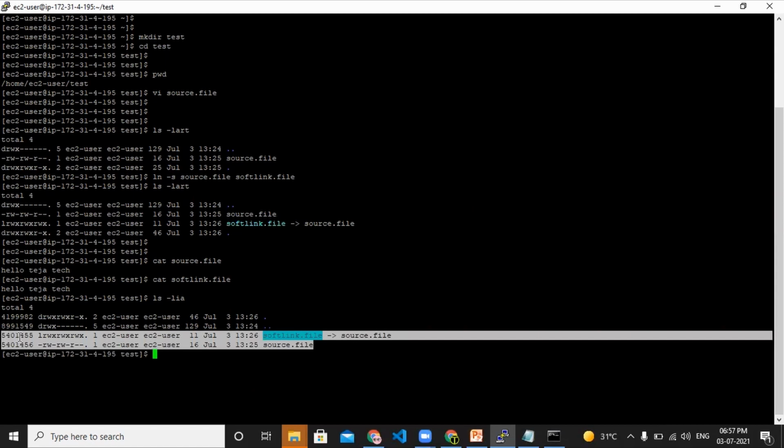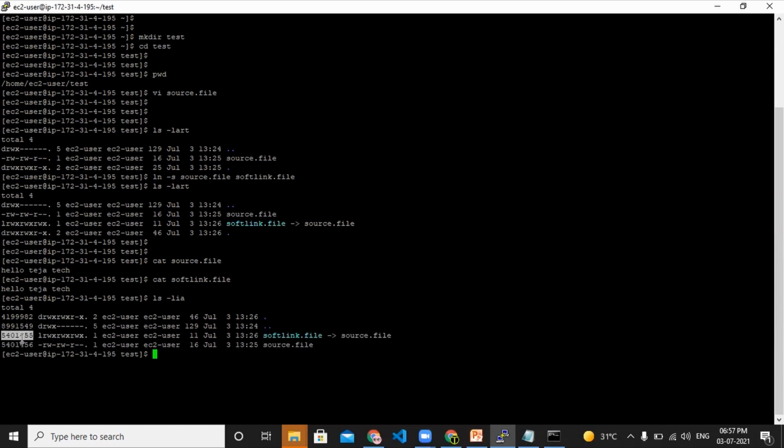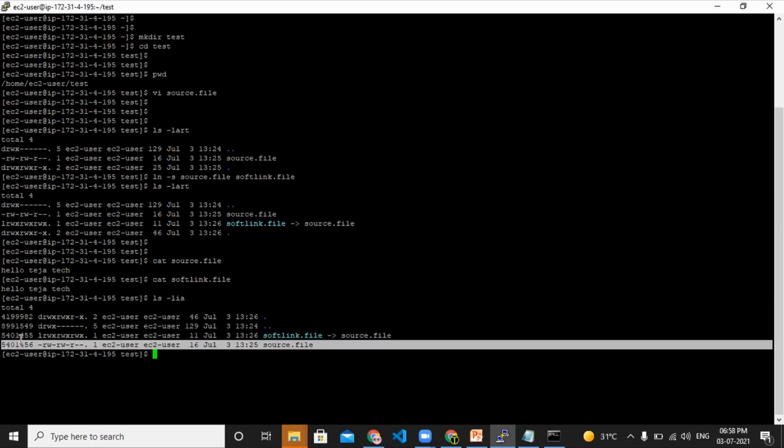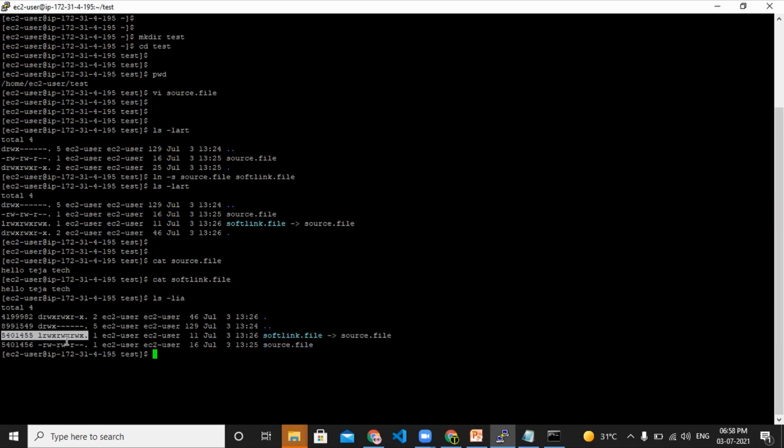Here I have an ID of 5401455 for this file. For this soft link, I have one more ID, 5401456. This one is a different inode, and these permissions are also different. Why? Because first we created a source file and then we created a soft link. So when we talk about inodes, these addresses are different, and the permissions are different in a soft link.